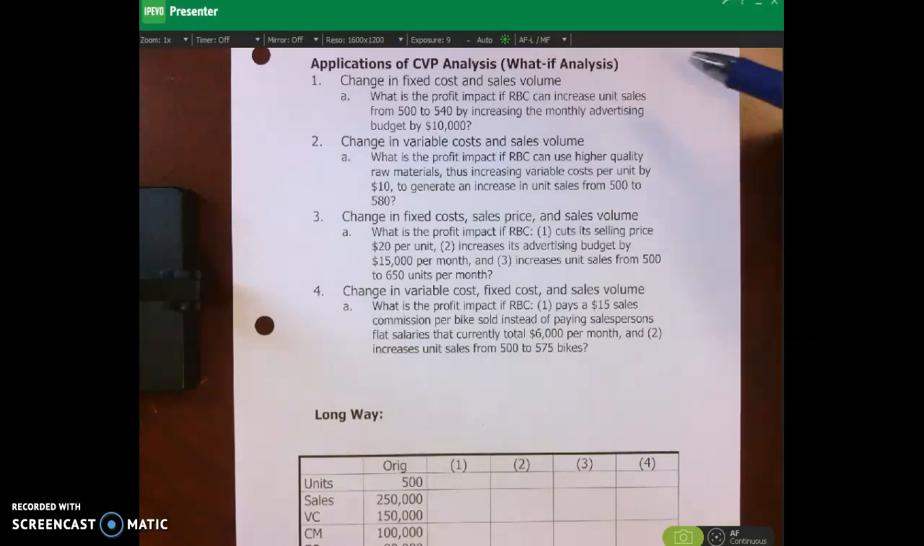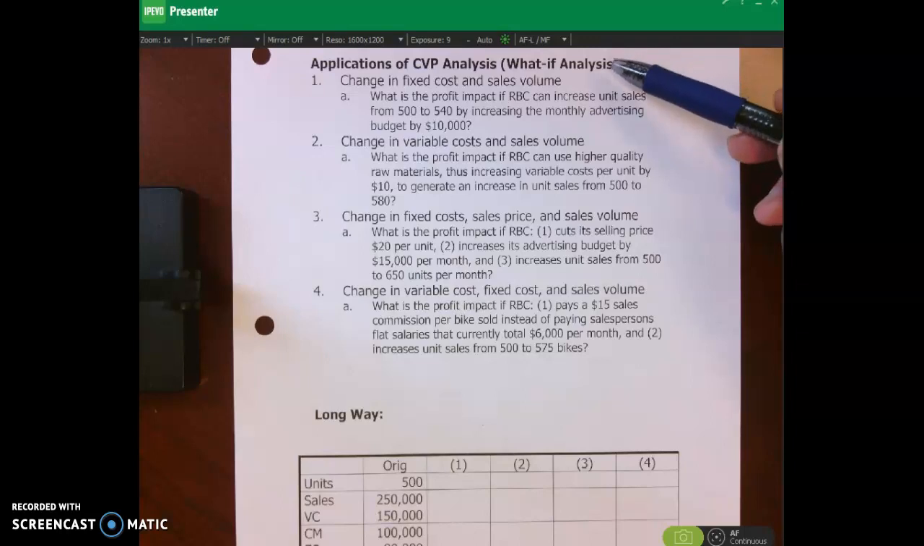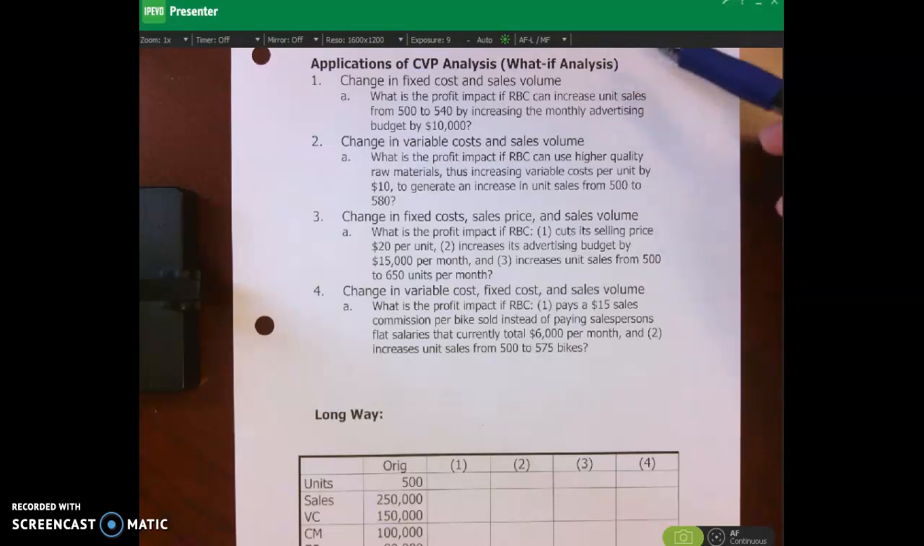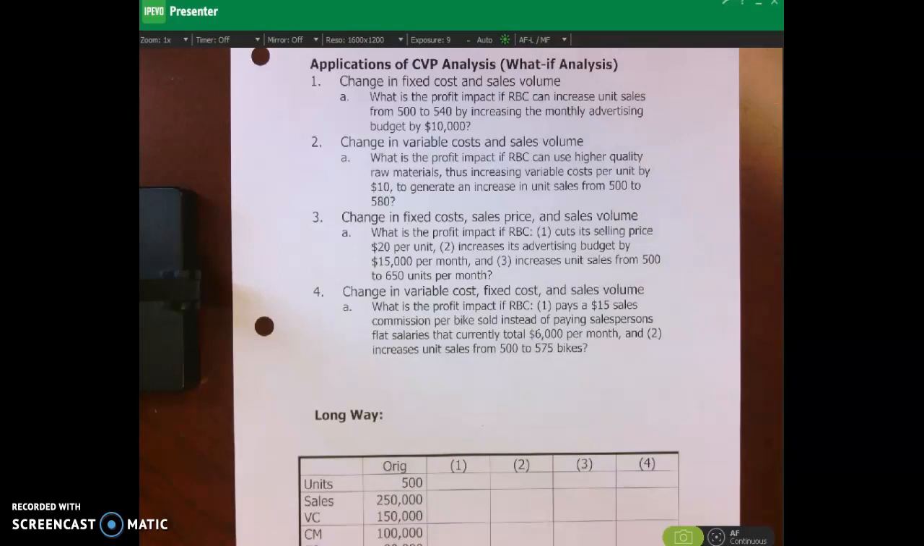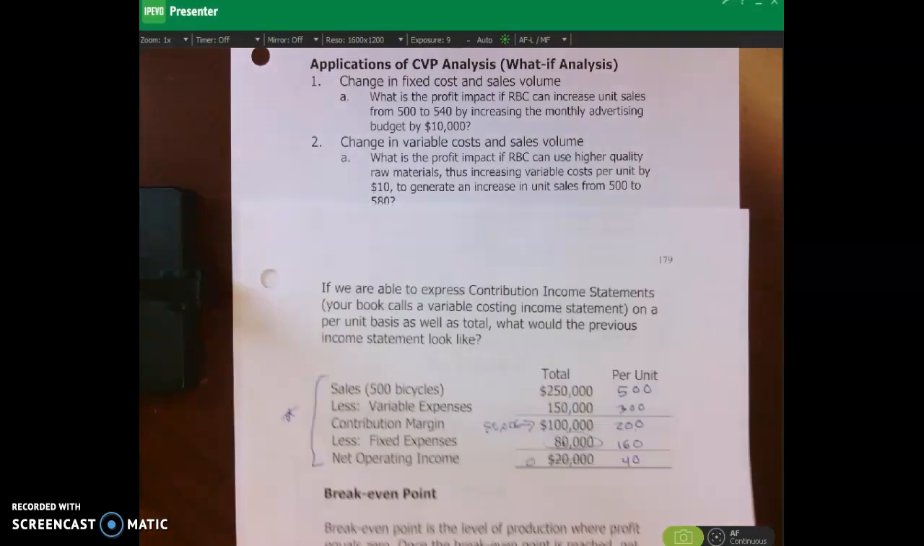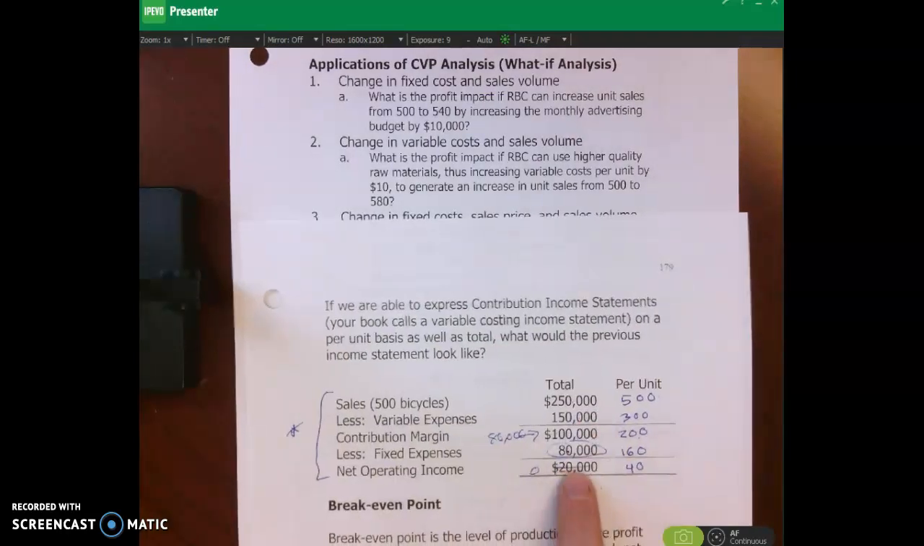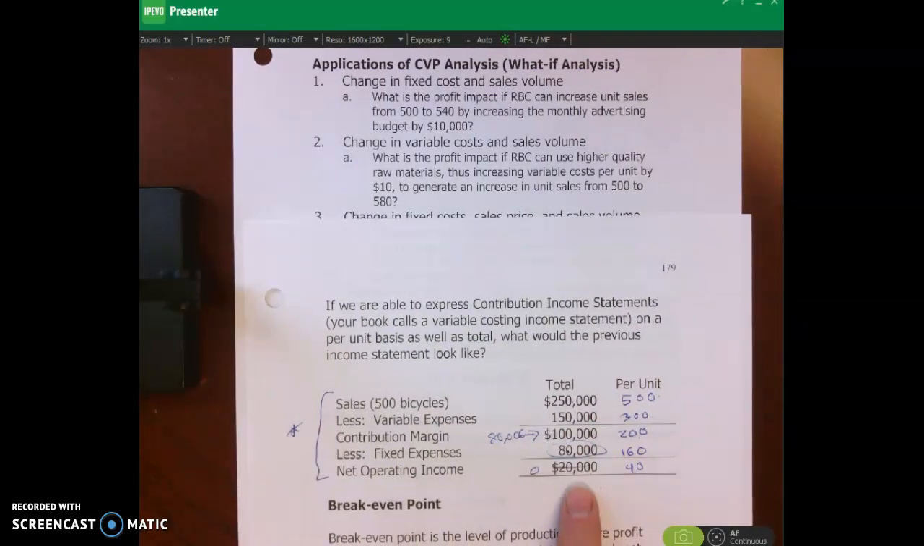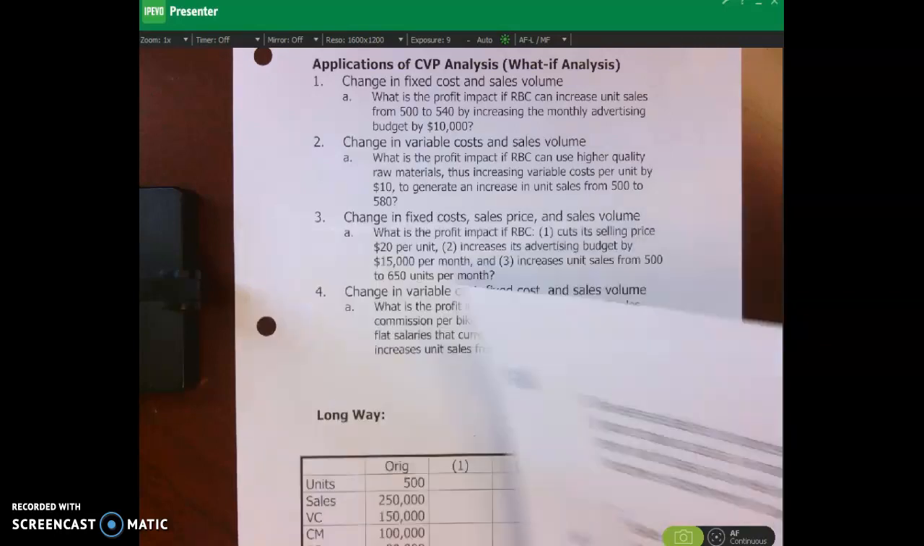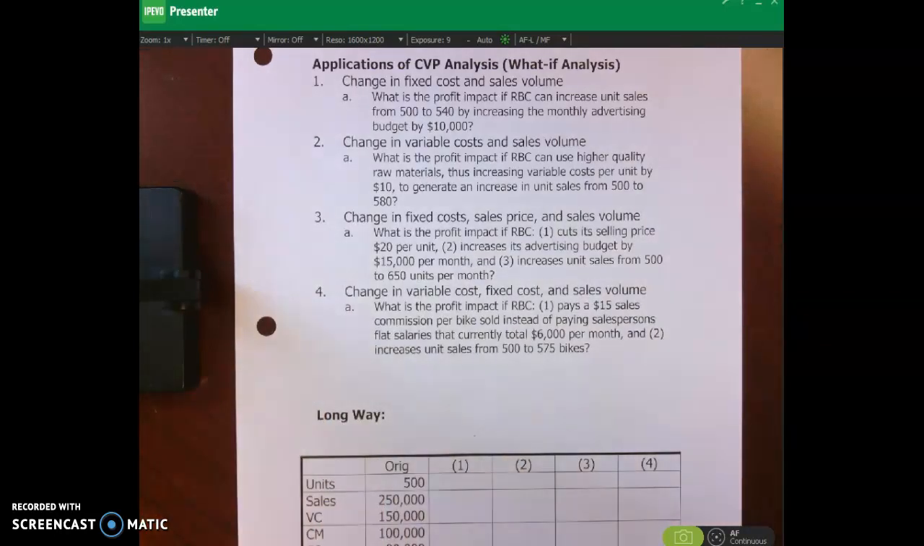In this video, I'm going to be discussing different applications of cost volume profit analysis. And again, I've input "what if analysis" there in parentheses, showing you again that basically this is just different scenarios. That's the way this is. Okay. So what we're going to be doing is using that initial baseline scenario on page 179 of your course pack, right over here, this initial baseline scenario, to help us solve different what-if